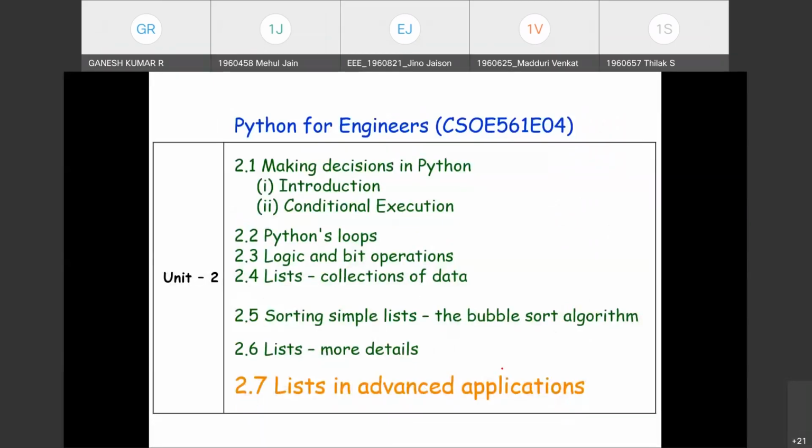So having discussed the concept of list, which is a collection of data of different types, and we had also worked on various methods involving the list, right? And in the last session, we discussed the bubble sorting algorithm, the implementation of a sorting method in Python programming. And also at the end, we had seen an alternative method, a simplified, easy way to perform the sorting mechanisms.